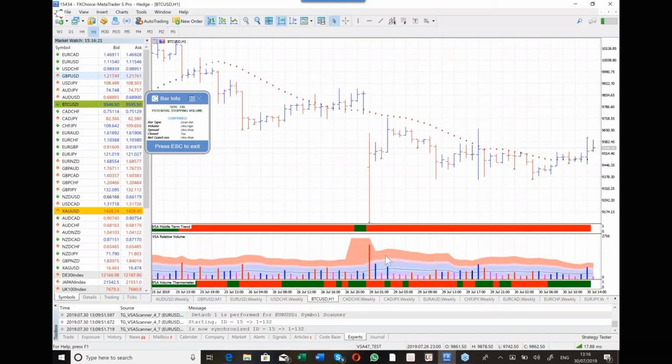But if we now go to Bitcoin, which I know a lot of you have asked me about, I'm going to show you the hourly chart of Bitcoin. Let me just get rid of this for a second, because we know that with VSA, we can chart cryptocurrency. Absolutely 100% we can chart it. And it works particularly well in the crypto markets.